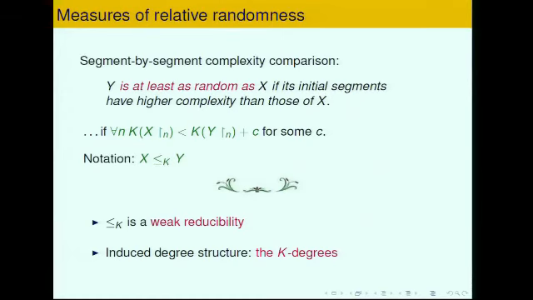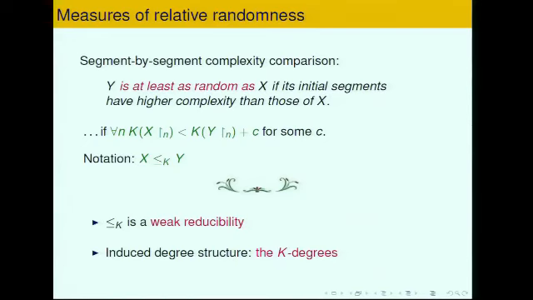So now we want to, I said we can relativize this notion, but how do we get the notion of a sequence being more random than another? For Turing reducibility, it was quite easy because we just introduced an oracle. But here it's not the same thing. But there is a very straightforward way to do that.